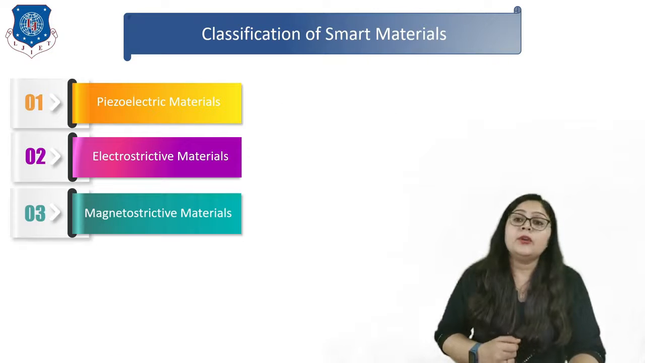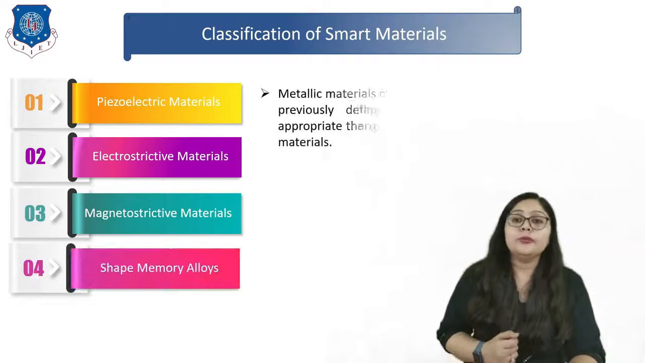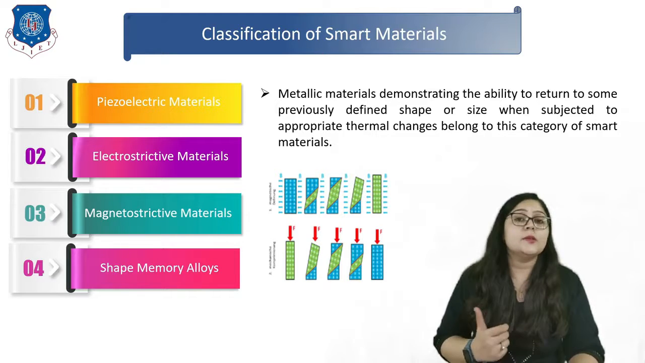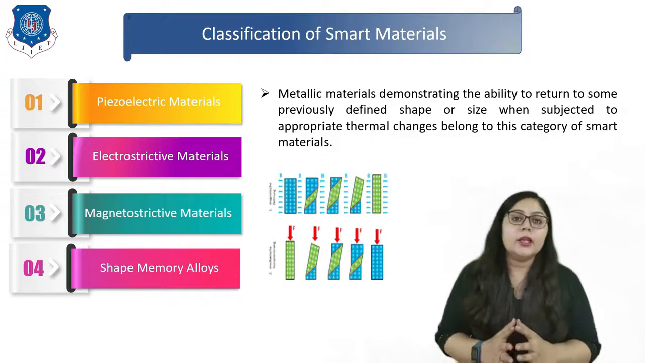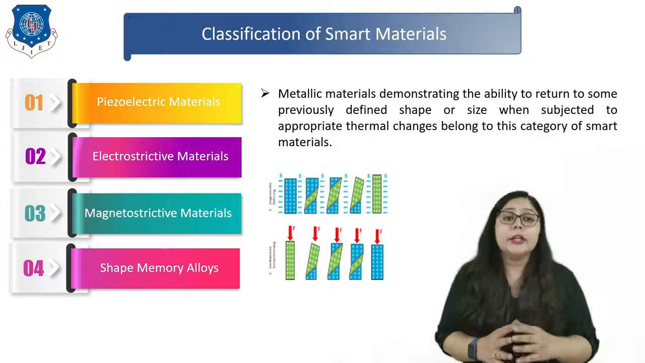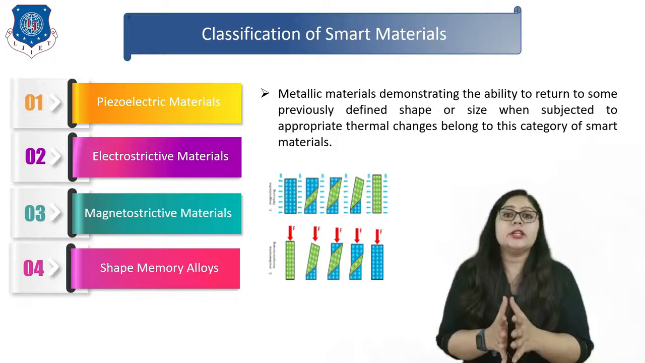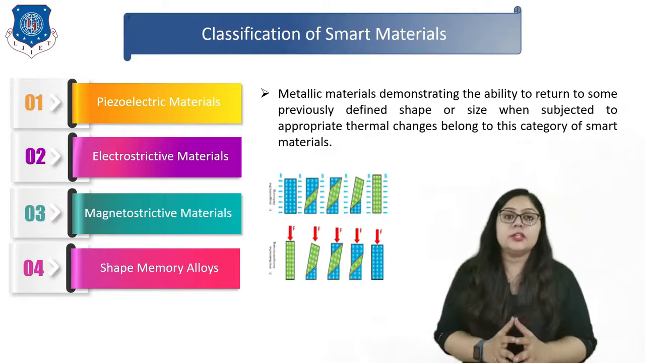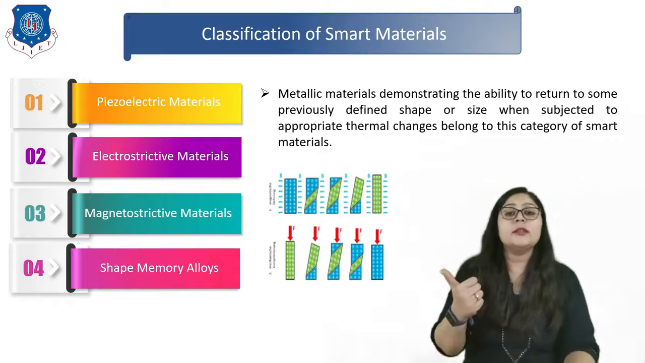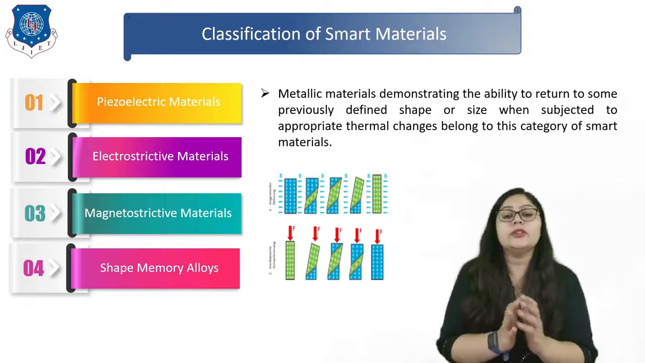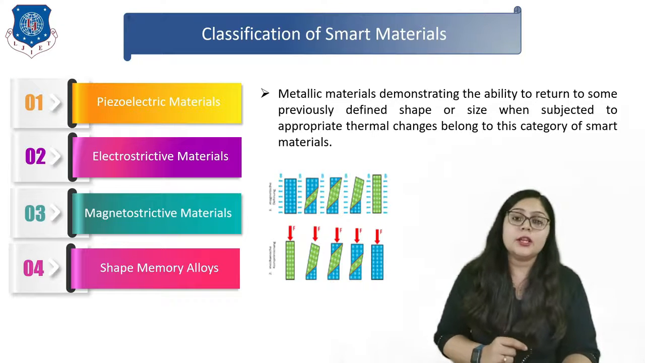Now, if I want to give you a brief idea about the fourth type, which is shape memory alloy. Here you can see in this figure that a metallic material demonstrating the ability to return to some previously defined shape or size when subjected to appropriate thermal change belongs to this category of smart materials, right? Here you can see how a building or a material can get back to its original shape. So that is the concept of shape